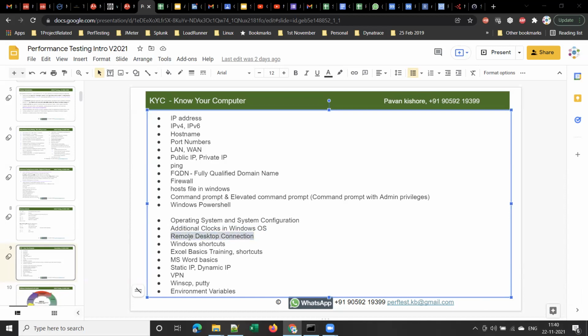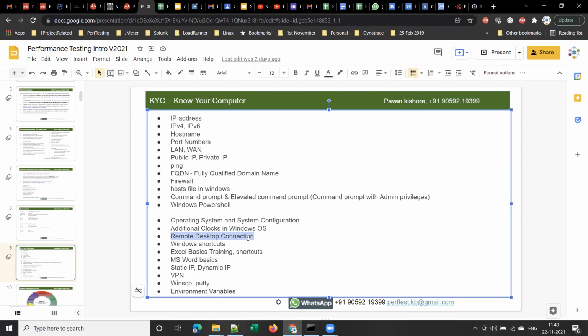And what is this remote desktop connection used for? Prasad, what is this remote desktop connection used for? Sir, it is used to take the control of the other computer, sir. You want to connect to a remote computer. Yes, sir. And is there any condition, can you connect to any computer? Can you connect to my computer? No, sir, by taking IP address of the other computer, sir. Okay, if I give my IP address, can you connect directly? No, sir. You should accept the request, sir. Okay, I will accept it.